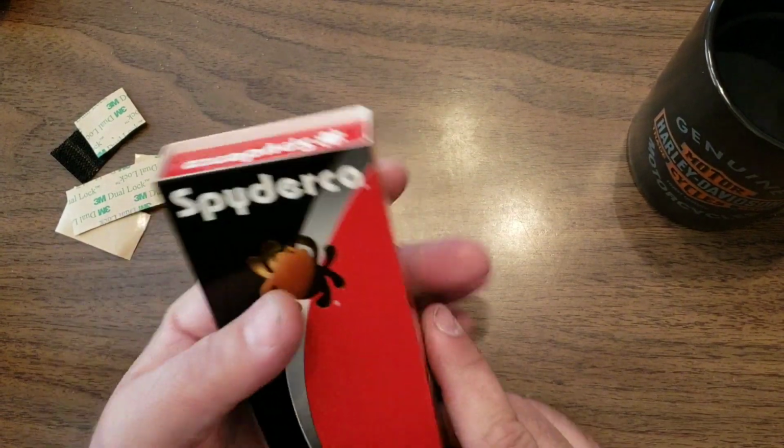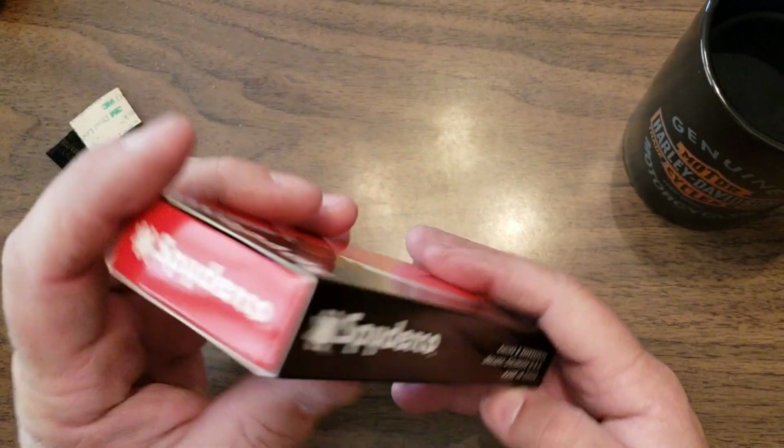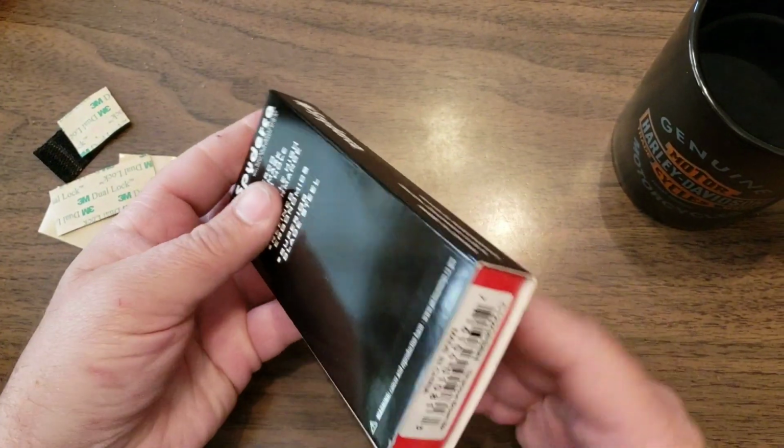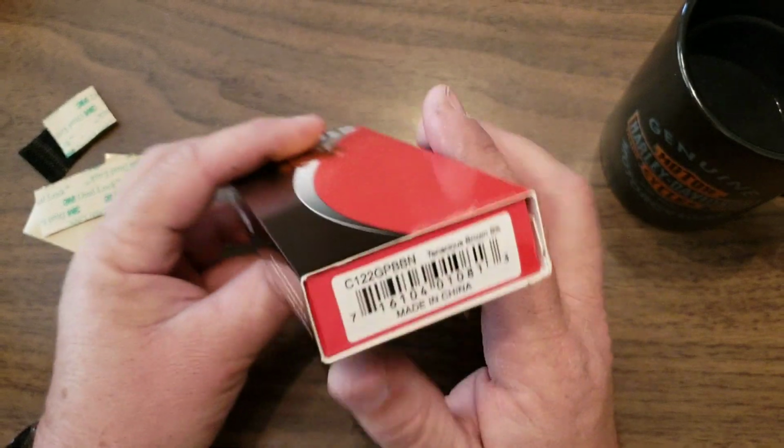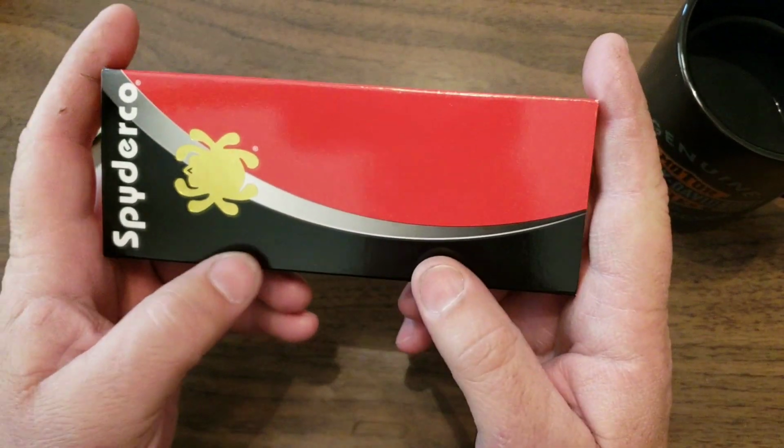Nothing fancy. Eat your heart out. I got the Spyderco. It is a Tenacious in brown and black. John, why'd you get the Tenacious? Well,